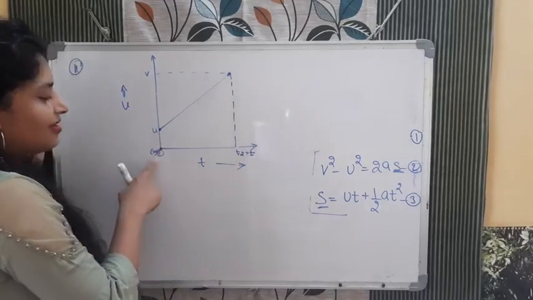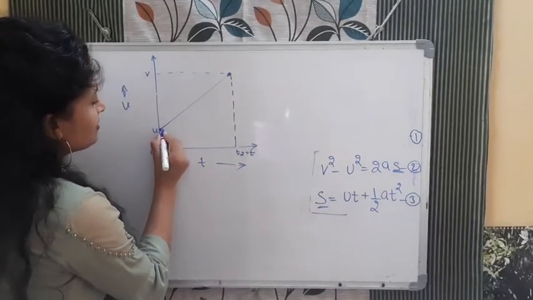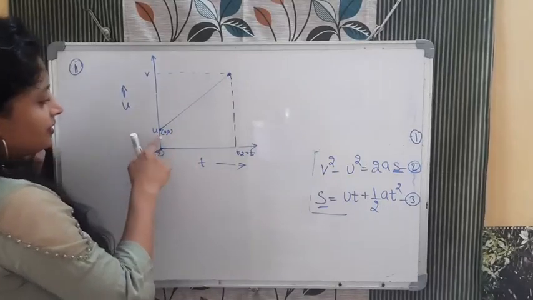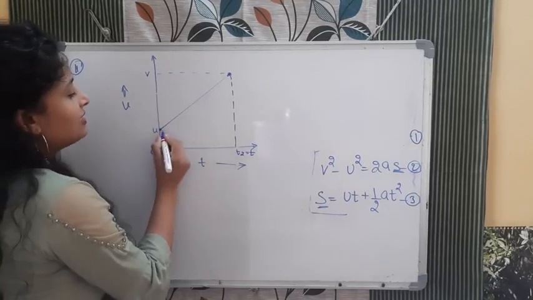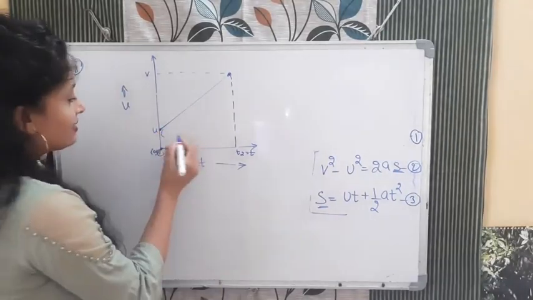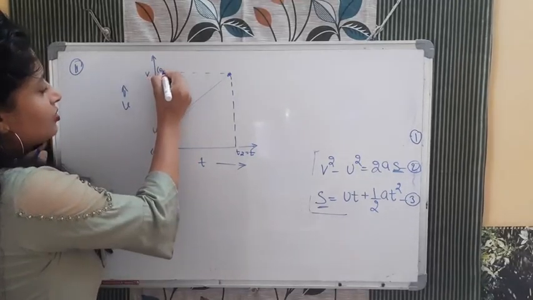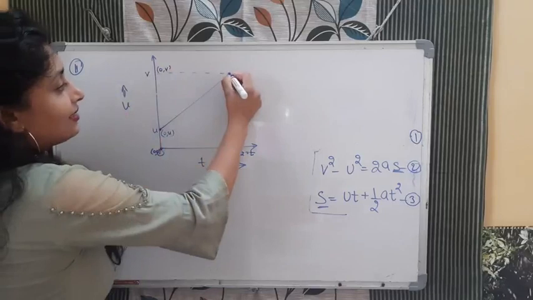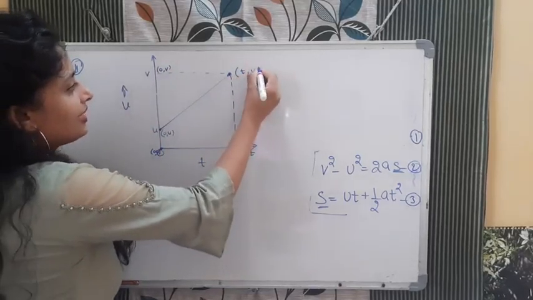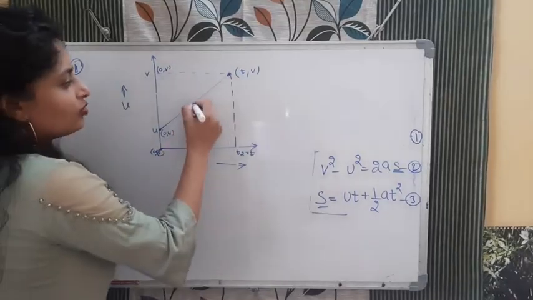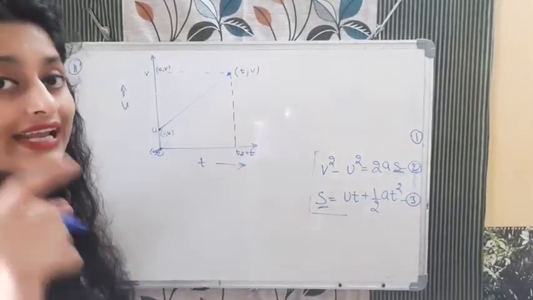Here the value of the x-axis is also 0, and the value of the y-axis is also 0. So here, what is this? Sorry, we will write 0, u, not u, 0. Firstly we write x and then we write y. So what is the value of x? 0, and what is the value of y? u. At this point x is equal to 0, y is equal to u. At this point x is equal to t and y is equal to v. Like this you can write down. Any coordinate you want to write, you need to write the value of x and the value of y at that point only.